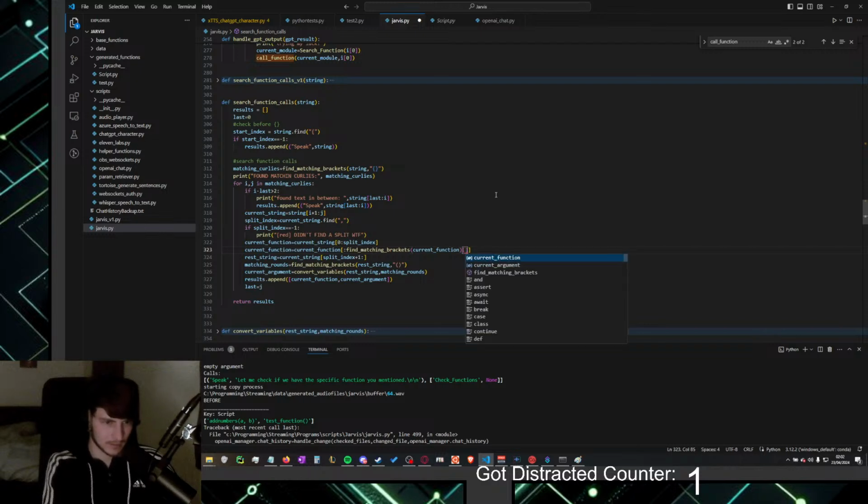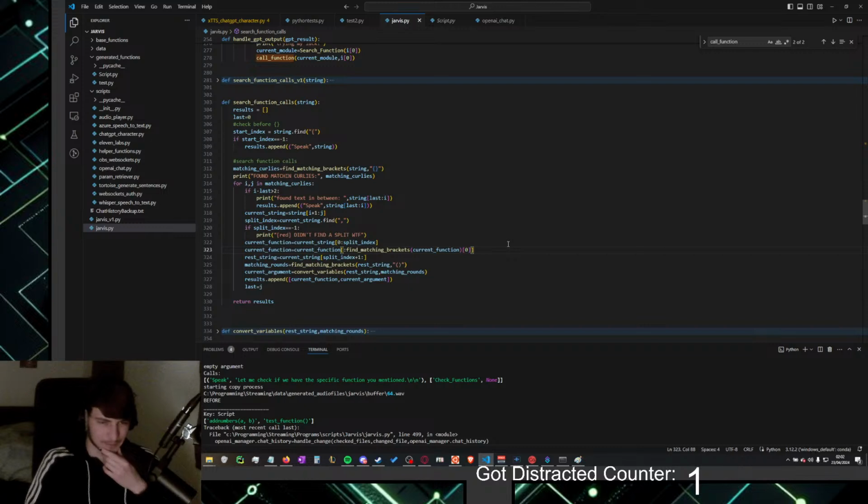And of that, index 0. Oh my god. This looks so bad. But I think it should do what I want. It's taking the name, okay, let's go inside out. It's searching the function name for brackets, then it's taking the position of the first one.